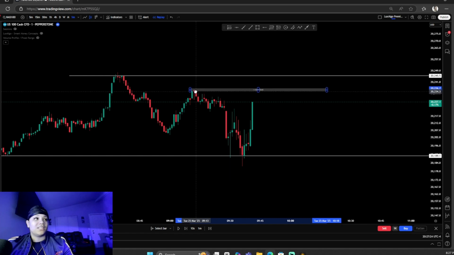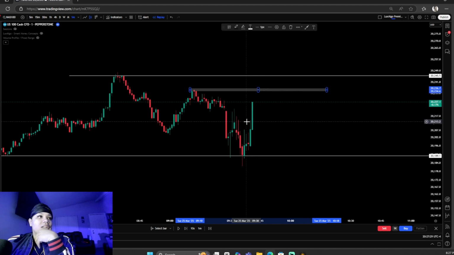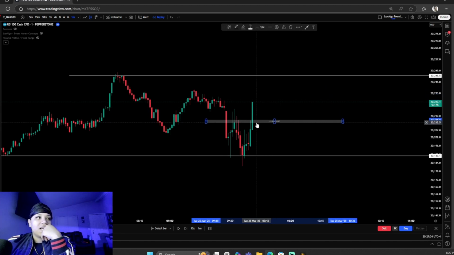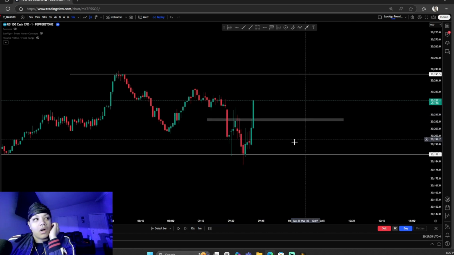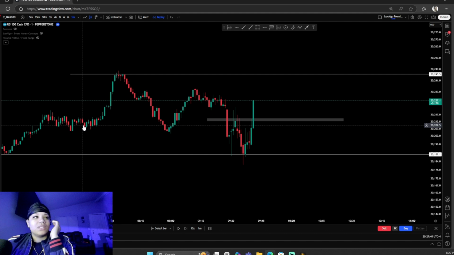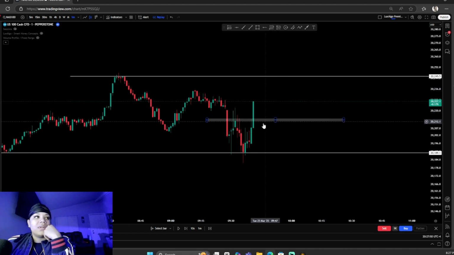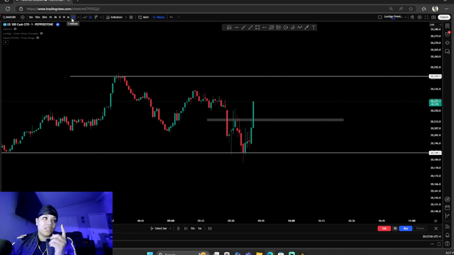Okay, so because I had this level marked up, I wouldn't have entered on this candle, only because I'm looking at this market and I'm seeing that all it's doing is consolidating right now. It's going from point A to point B and it's consolidating. So really, I would have gotten trapped inside of this whole little structure level, especially because I'm on a 1 minute time frame. And that's a key point to mention.